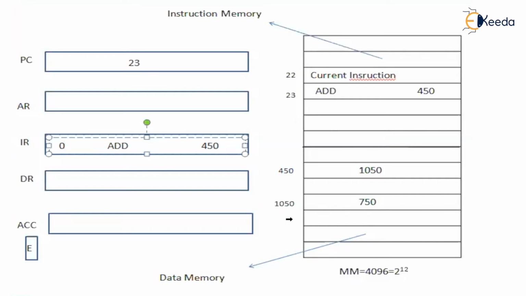So try to understand. We are going to calculate the effective address by using addressing modes to get the effective address of an operand. What is an effective address? The effective address is an address in which the actual operand is available. Okay. Now let us understand about various different addressing modes.